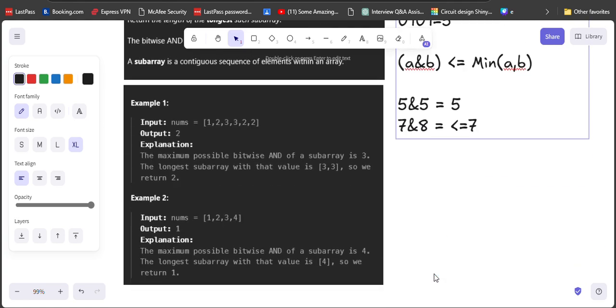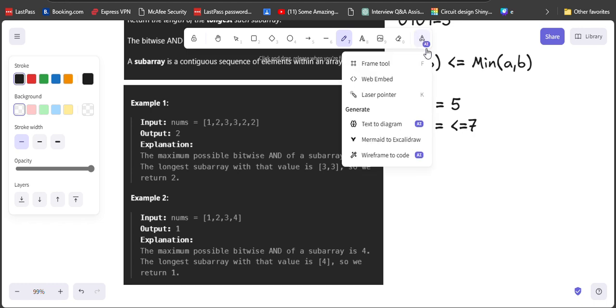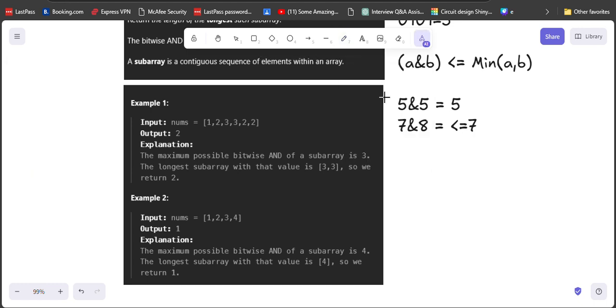So what we can do is, if I take the maximum element of the elements in nums, then that will be the subarray.